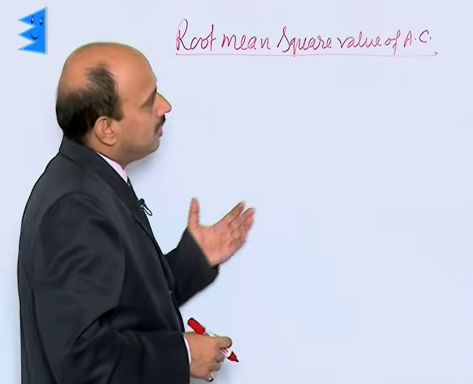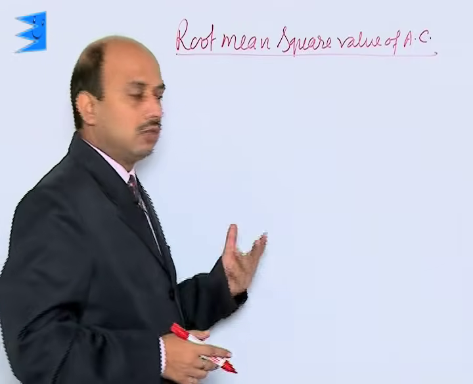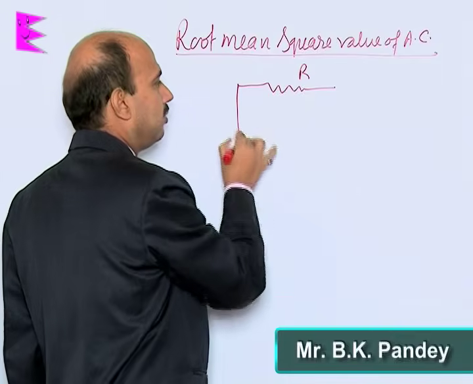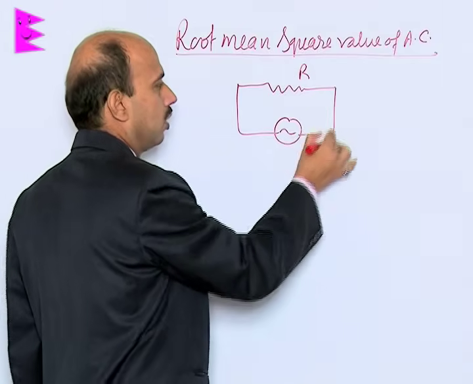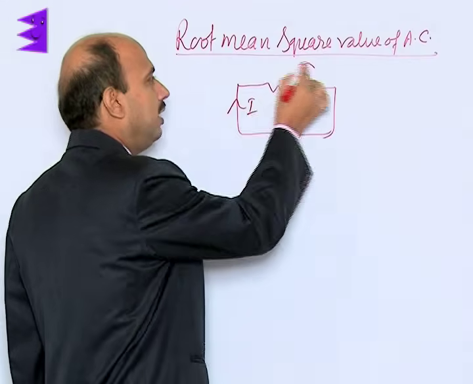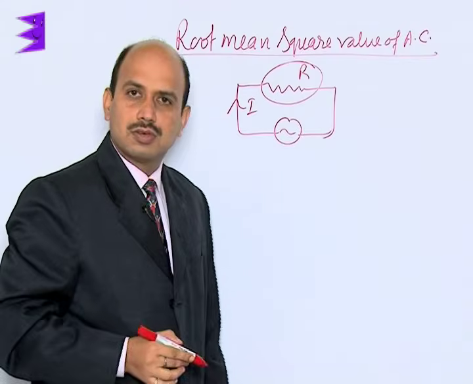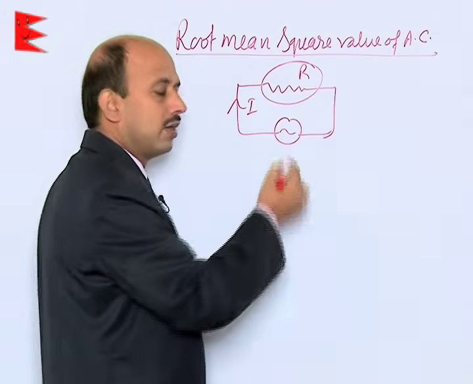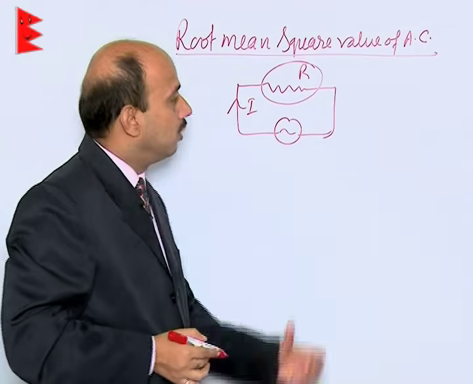Now see here, root mean square value of AC. Suppose you have taken a circuit having resistance R and it is connected to an AC source. When it is connected to the AC source, current passes through it and heat is generated across this resistor. So just note down the value of the heat generated in one cycle by the AC,